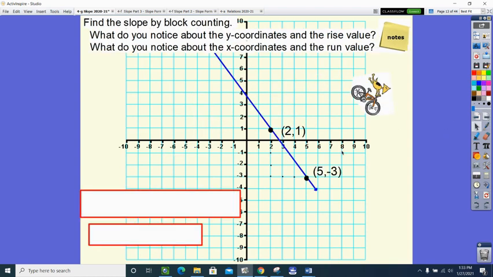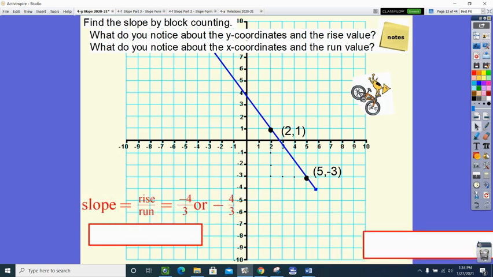What happens if there's a negative, though? Again, remember, we're going down. We're falling. 1, 2, 3, 4. We went down 4. -4 is our rise. And 1, 2, 3 would be our run. So there is our slope. Now, again,